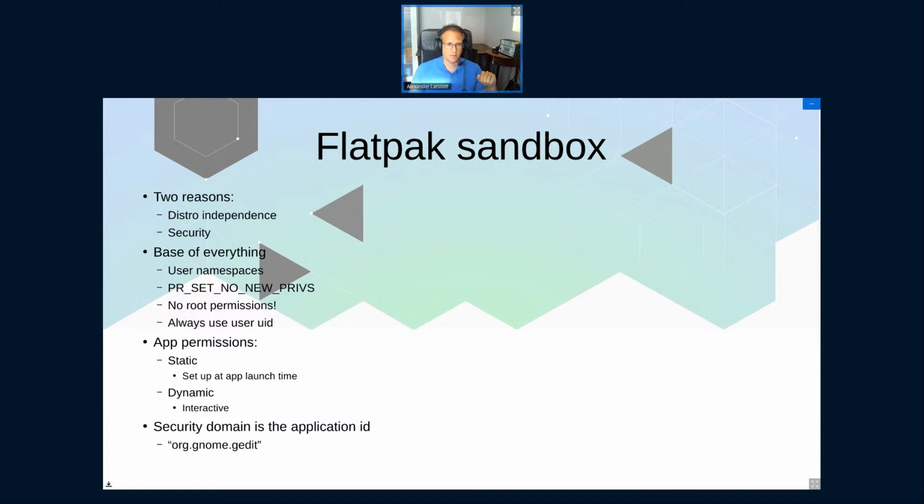There's a question here. So the home directory is not available by default. The question is whether you have access to the home directory read-write, and that's not true by default. By default, you only have access to this.